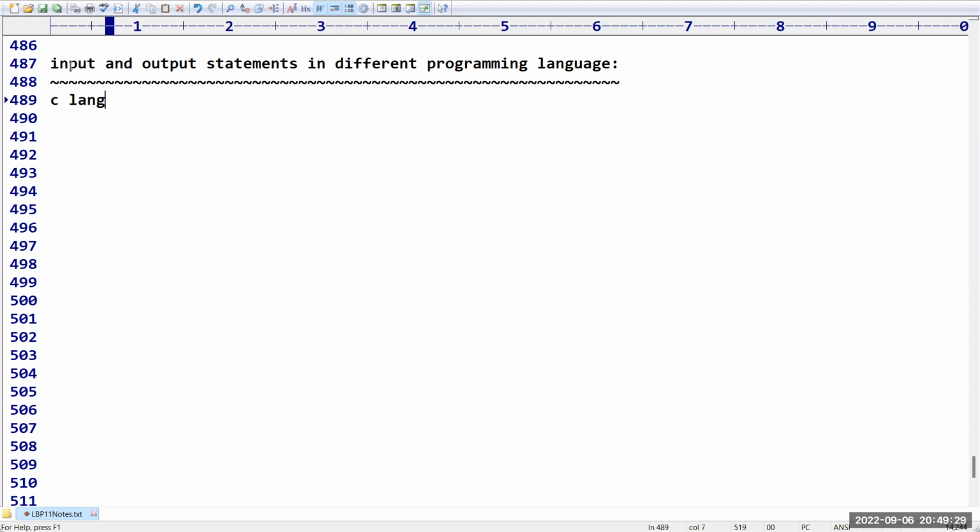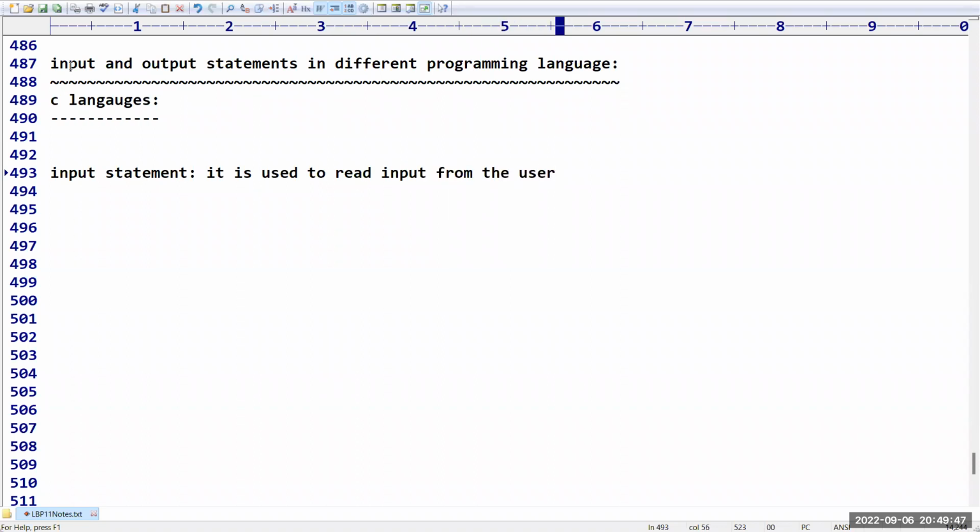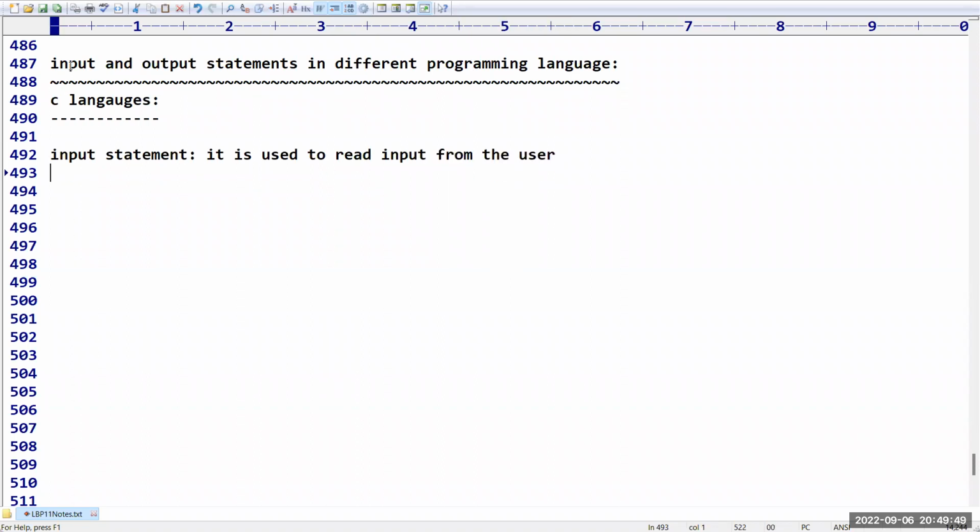Here I want to talk about the input statements and output statements supported by the C language. The input statement is used to read input from the user, by using scanf.